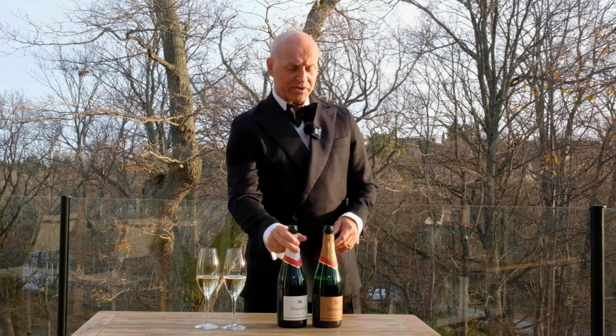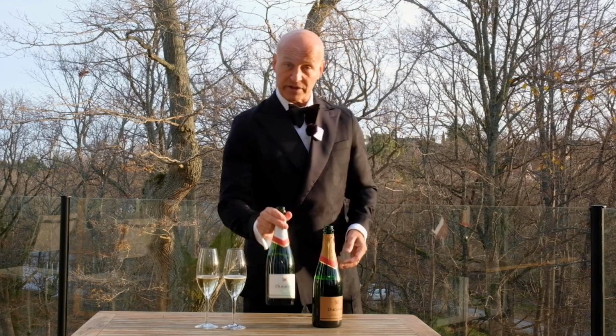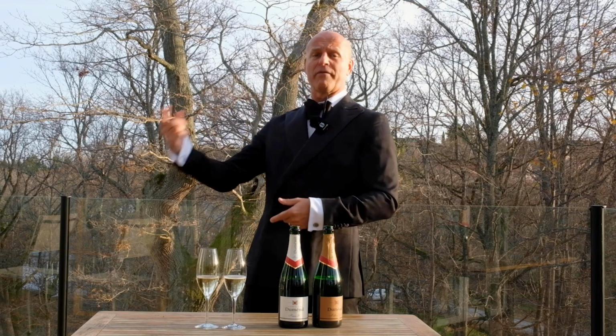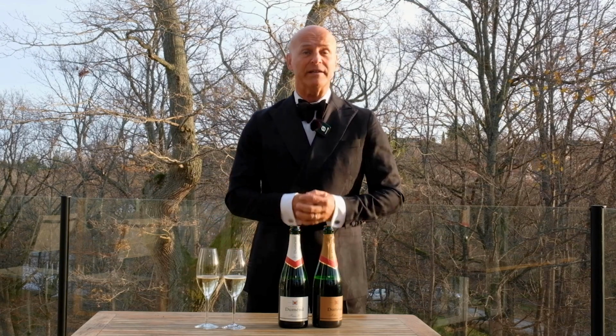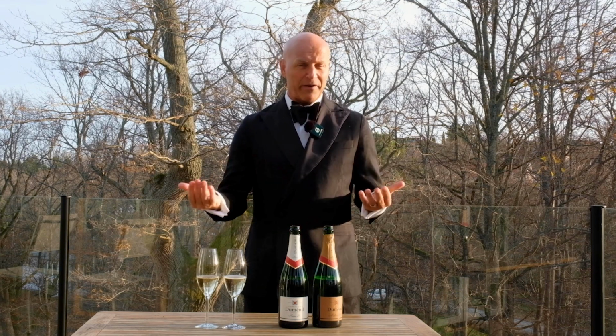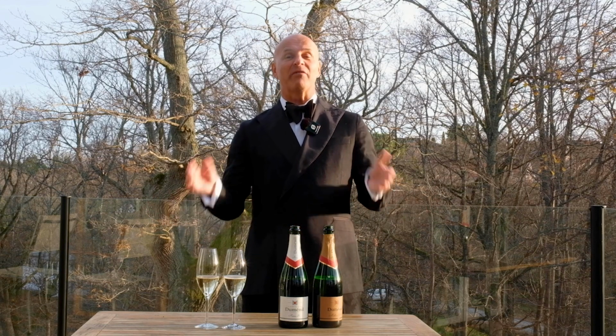But even more interesting is this. You see a number, Reserve 26. It's the first time I taste it, but I tasted 21, 22, 3, 4, 5 from the same composition, because they started in 1996 with the Reserve Perpetuelle, the Solera method, and added in this case 50% of the lousy